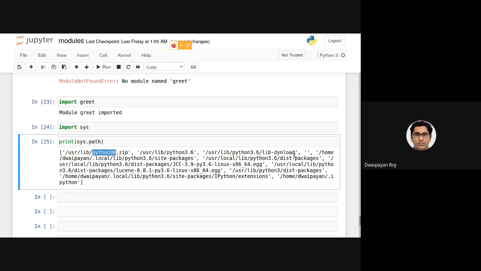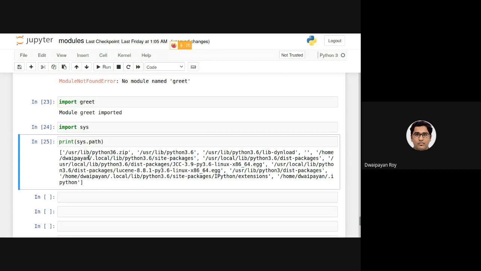Now note that other than these, there is something that is not based on your root installation. This is actually a path inside your home directory.